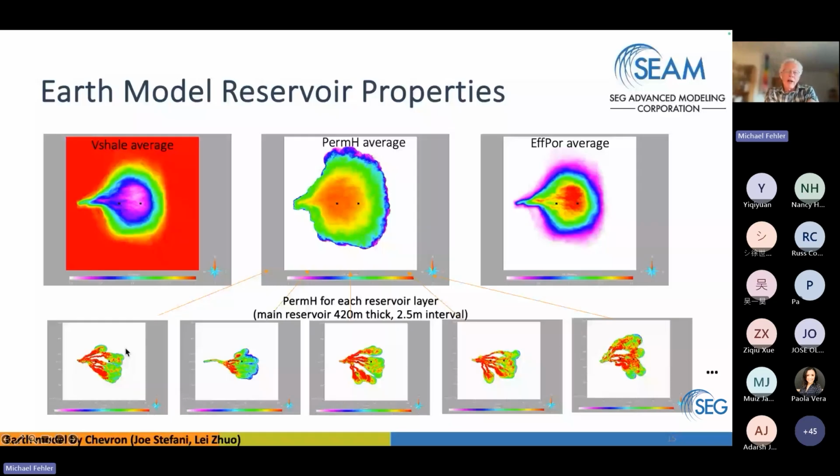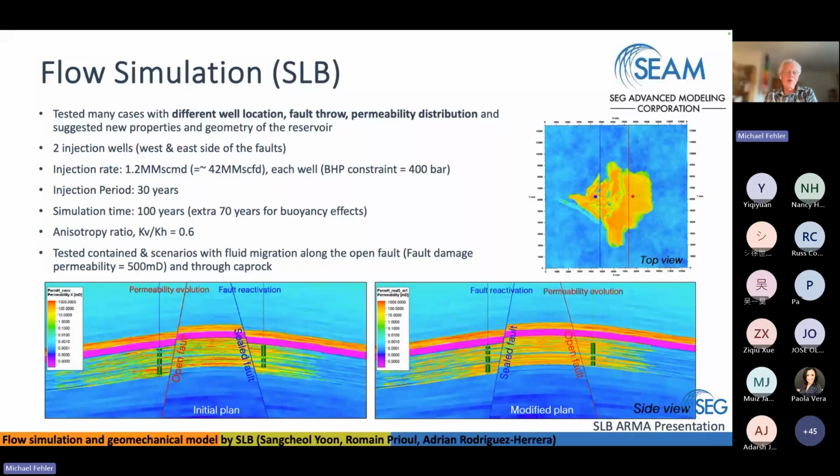The fluid flow and reservoir geomechanical simulations were done by SLB for the pilot model. We started out doing some preliminary testing on an early version of the model, and then let it evolve based on things we wanted. We started out with the model on the left side, and then we morphed it into the model on the right side for various reasons as we evaluated the response of the reservoir to, in that case, mainly reservoir simulation, but with some one-way coupling, at least to look at how the stresses evolved in response to the fluid injection and migration within the reservoir.